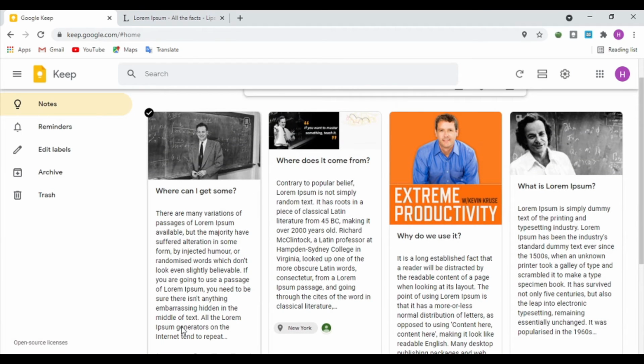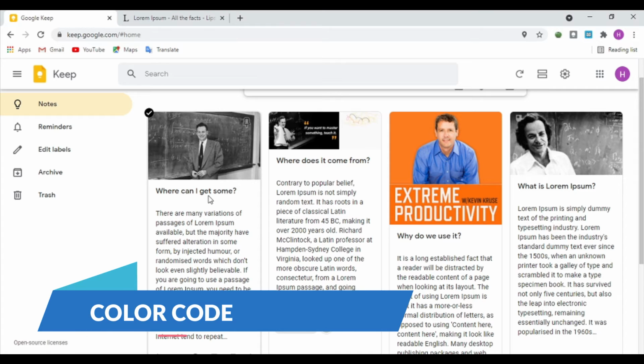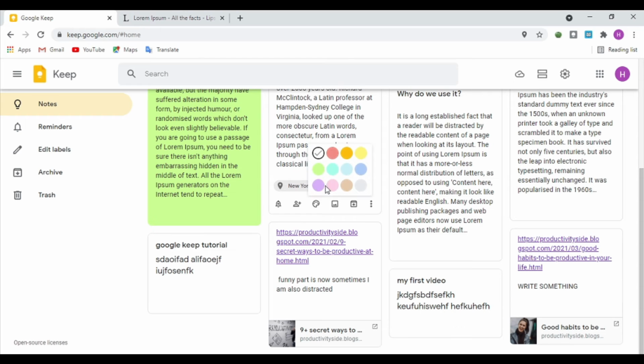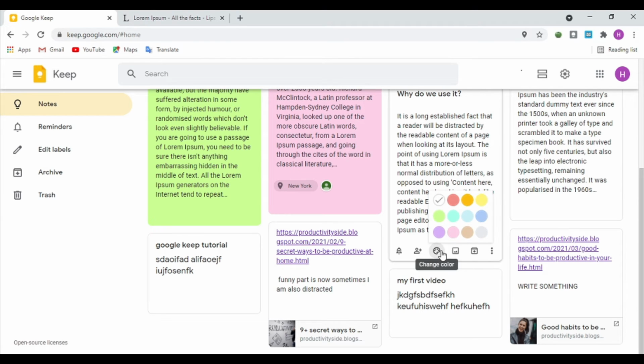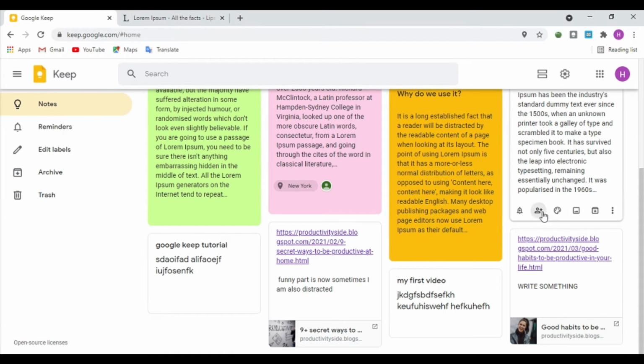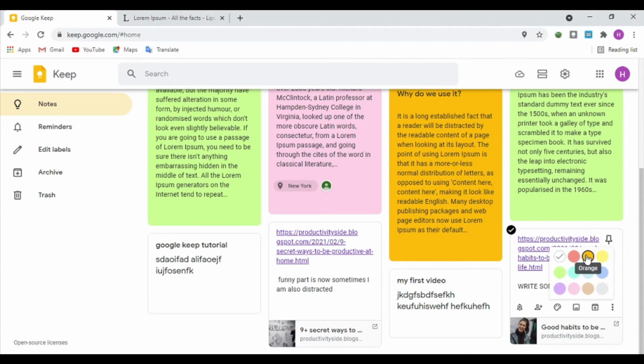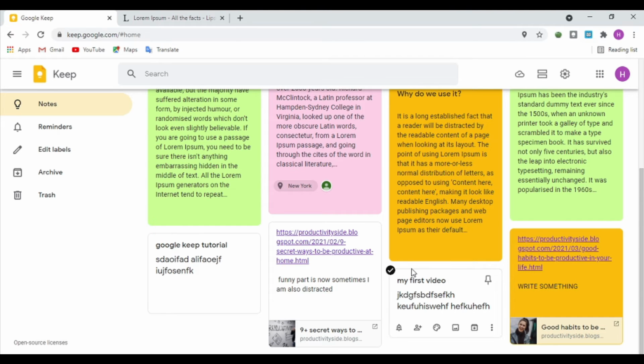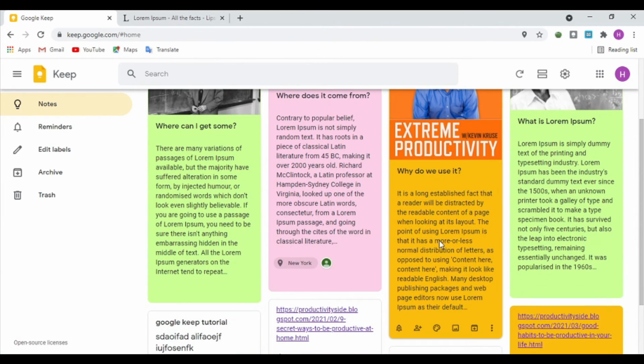Then how to organize those notes, your family notes, your business notes, your lots of notes. You can color code them by your specific color code combination. You can use this color maybe for family, and this color maybe for business. This is going to be amazing when you use the color code feature in this app.